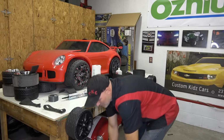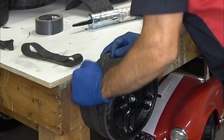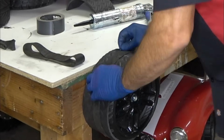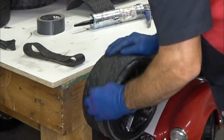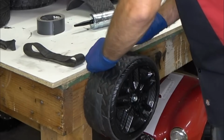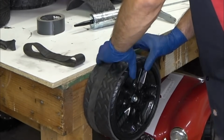Get that sucker nice and loosened up, and start at the top and put it on. Now when you have caulk on there, it's going to squeeze out the sides, so probably just take it easy and work it over. You guys can see this process. You're obviously going to have to get the first band to the inside, and then you can always adjust the